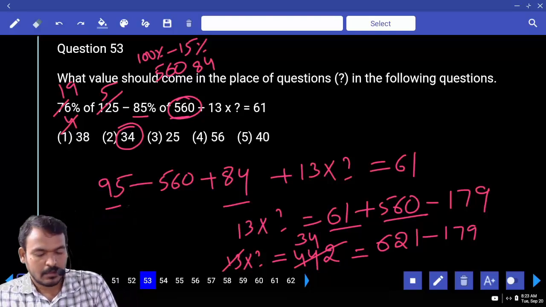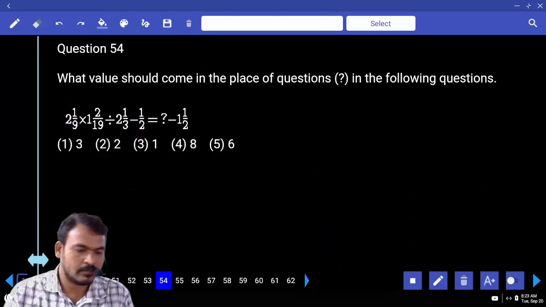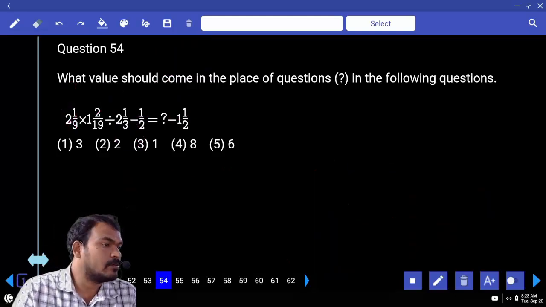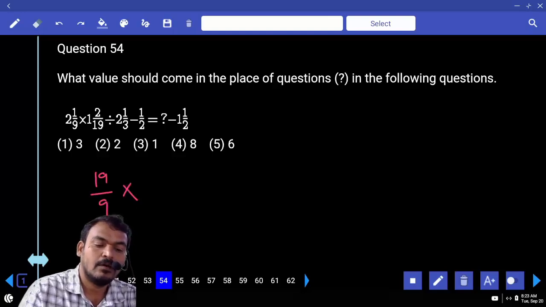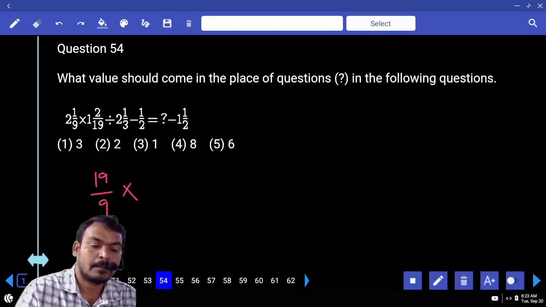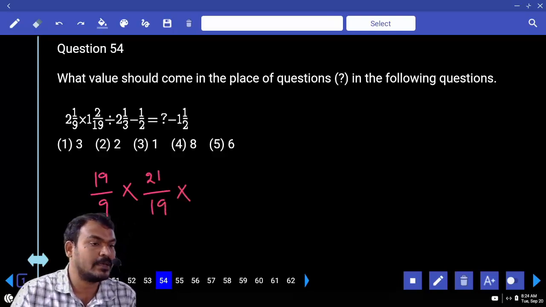34. Next question number 54. Mixed fractions are given. 2 1/9 means 19/9. 1 2/19 means 21/19. And third one 2 1/3. It is written as